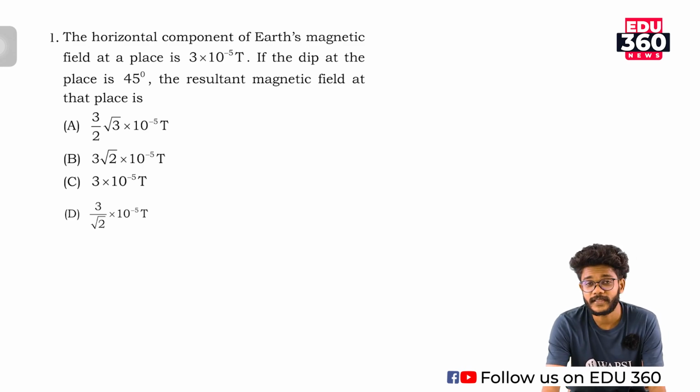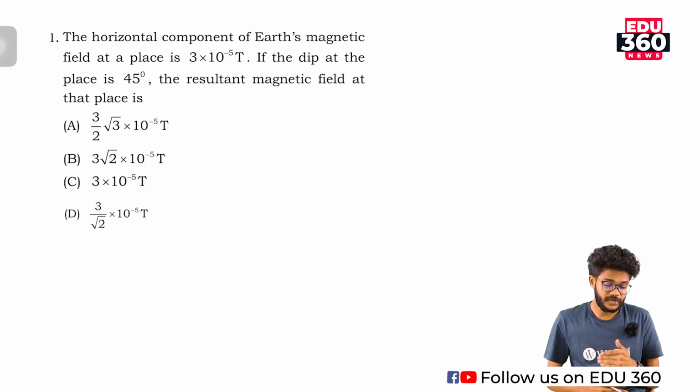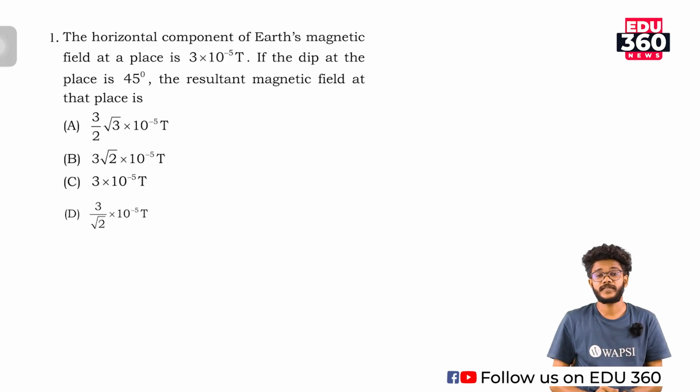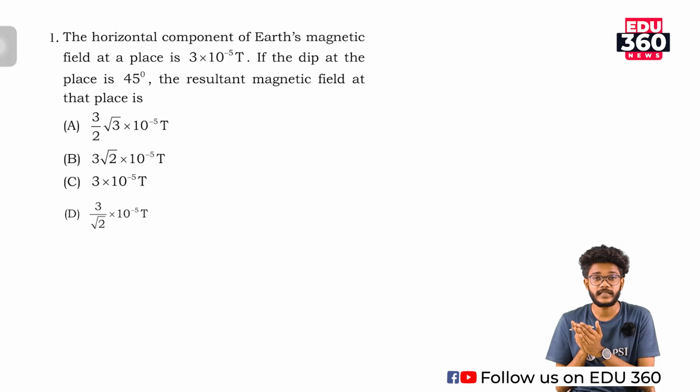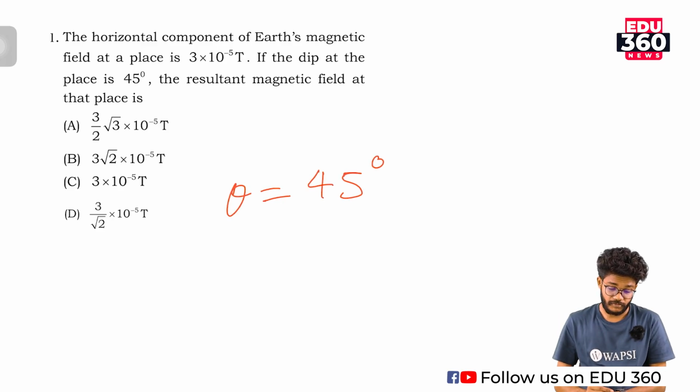So, we can move to another section of magnetostatics. Okay, the first question is: the horizontal component of Earth's magnetic field at a place is 3 into 10 raised to minus 5 Tesla. That means the horizontal component, not the exact magnetic field. If the dip at the place is 45 degree, the resultant magnetic field at that place is, so actually the theta is 45 degree, and 3 into 10 raised to minus 5 is